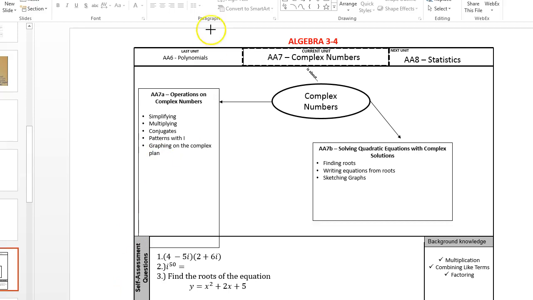Just so you know, today we are going to specifically talk about the following things. We're going to talk about simplifying and multiplying. We're not going to talk about complex conjugates. We're going to talk about patterns with i, and it's really important you know that. Okay? Later on,